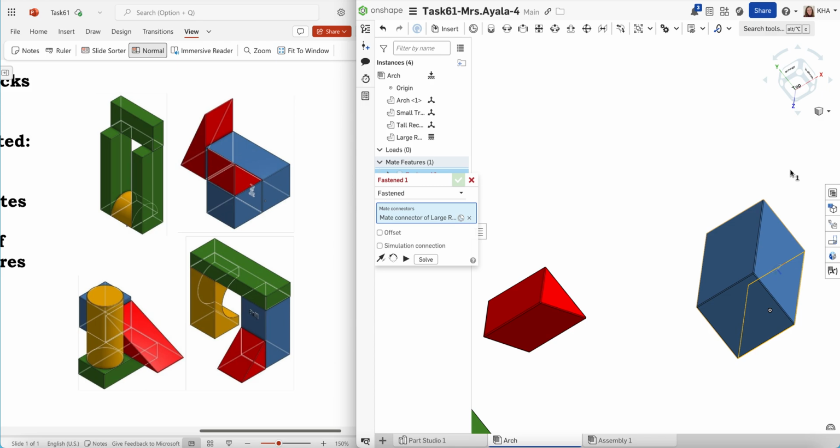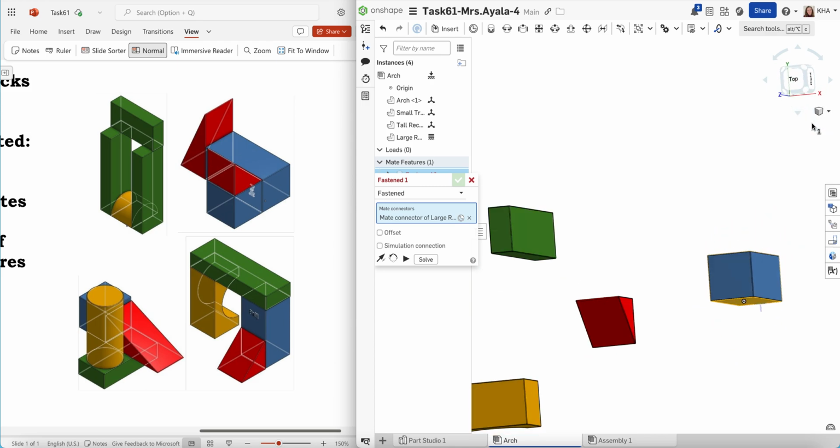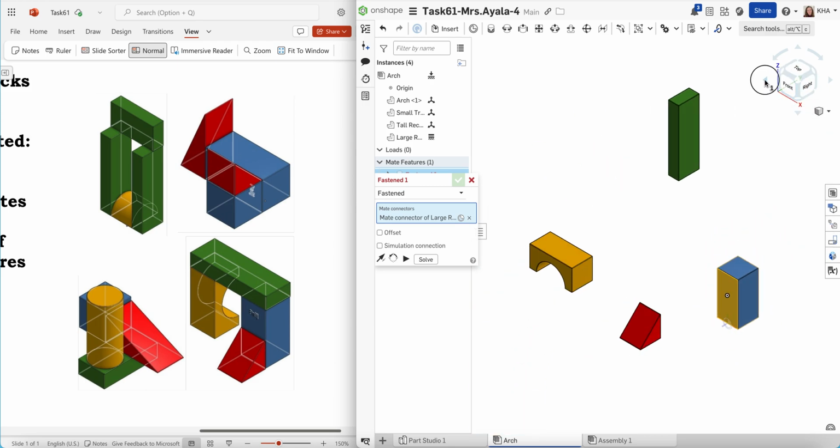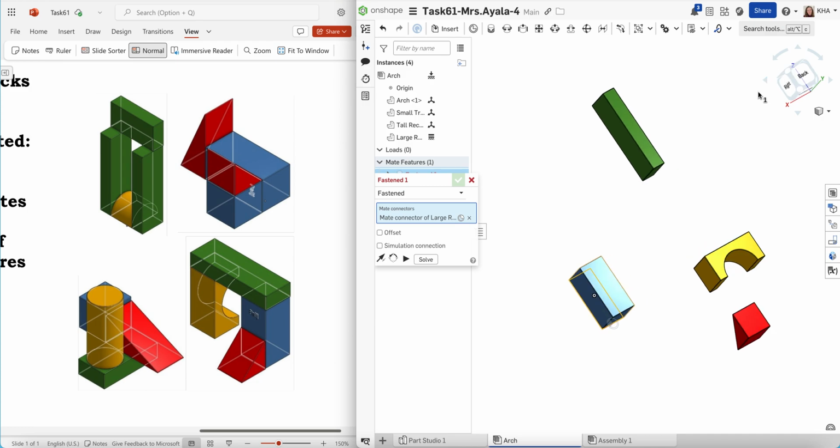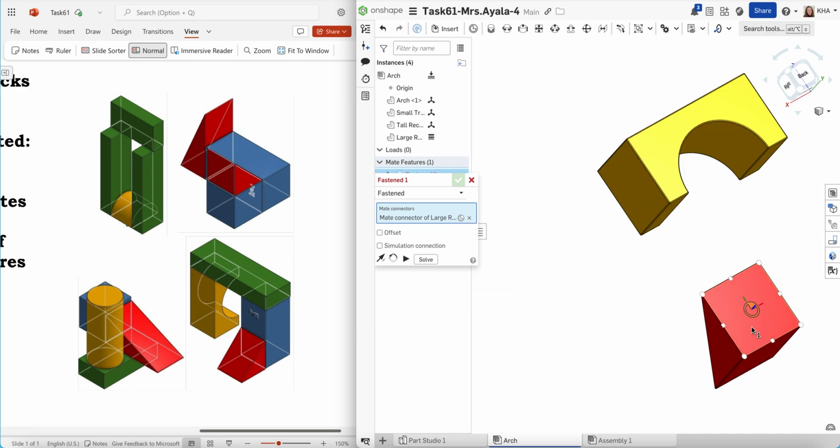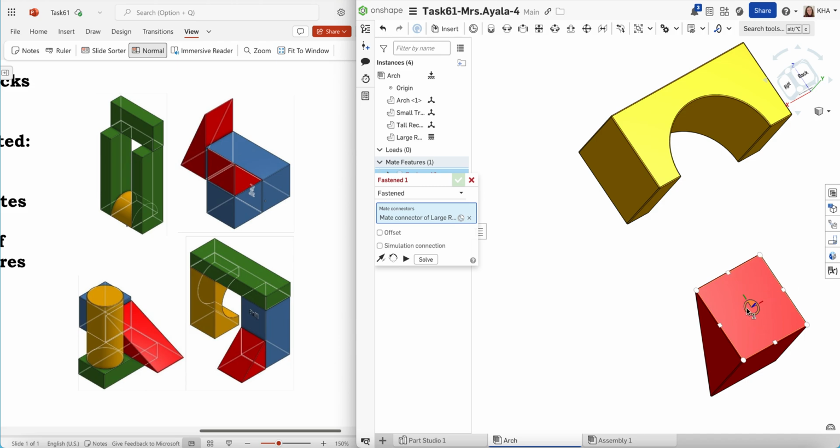This is getting us upside down. Let me go back. I think I'll just use my arrows to turn. I need to connect this side of the triangle, so I'm going to hover over the side that I want, hold down my shift key, and I'm going to click on the center of the bottom because that corresponds with